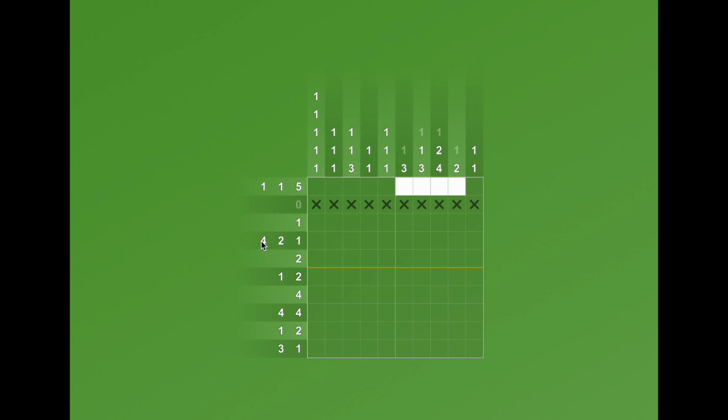This row, there's 4, plus 2 is 6, plus 1 is 7, plus the 2 x's in between is 9. So, if I started on this end and did everything consecutively, it would go 9 spots to right here. If I started the 4 on this end, it would be 1, 2, 3, 4,